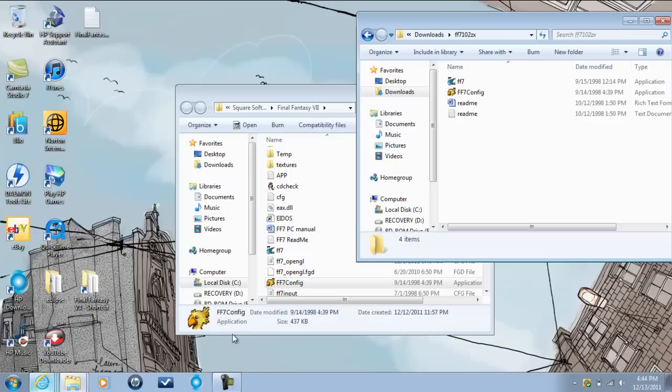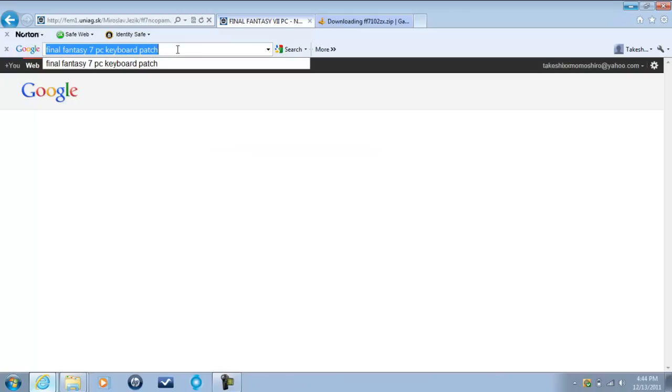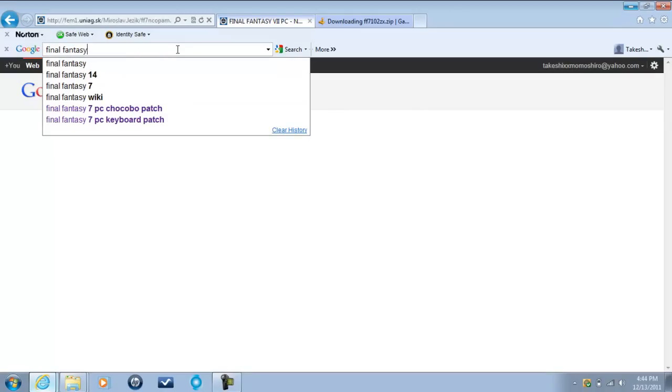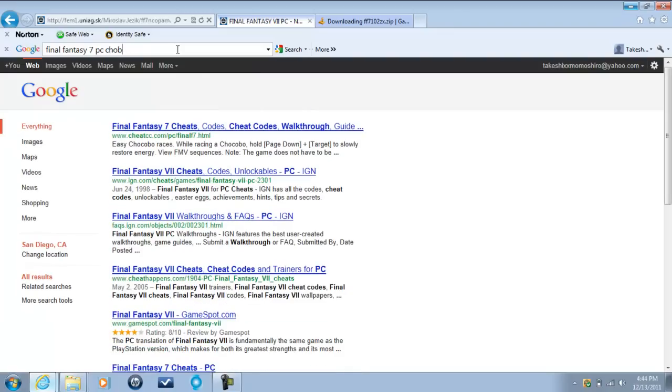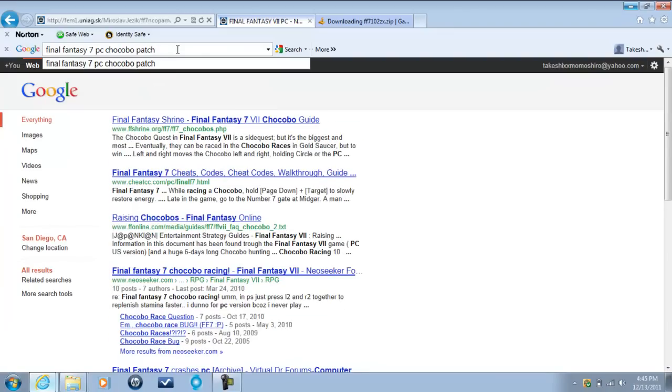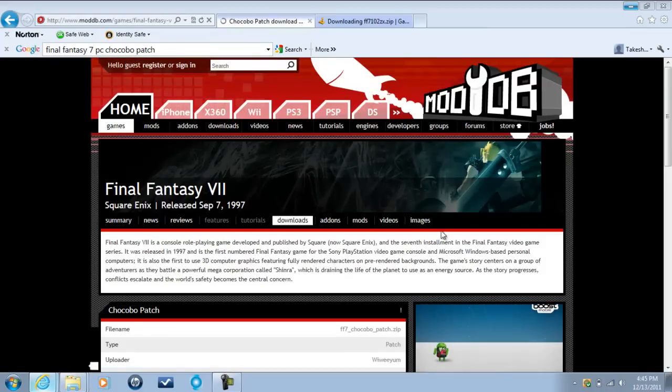Personally, I do not use this patch because I use a graphical overhaul. And if you use something like Avalanche's graphical overhaul, you will not need to do this because it comes with the Chocobo patch. But if you do not, then I would like you to look up the Final Fantasy VII PC Chocobo patch. Find it